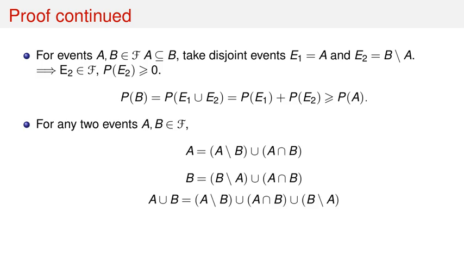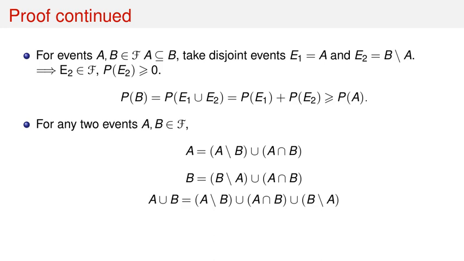For the inclusion-exclusion principle for two events A, B in script F, we can write A as the disjoint union of A minus B and A intersect B, and B as the disjoint union of B minus A and A intersect B. Also, A union B can be written as the disjoint union of A minus B, A intersect B and B minus A. From this, P of A equals P of A minus B plus P of A intersect B